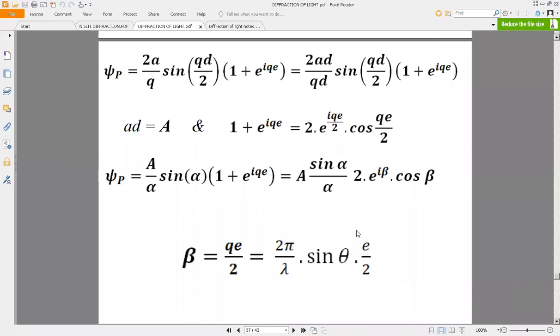What I mean by interference? Earlier, we had a sin alpha by alpha function for single slit. Now we have got two such single slits which are very close to each other. So when the slits are far apart, assume that the slits are far apart, then you will get one sin alpha by alpha at one point, another sin alpha by alpha at another point. But the moment when you bring them sufficiently close, what happens is they are going to interfere.